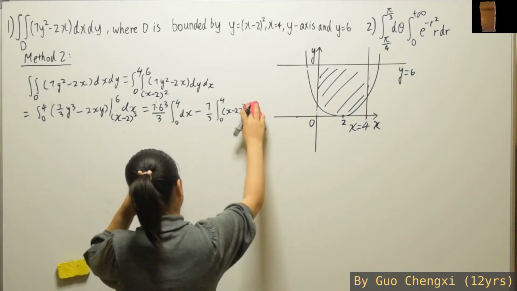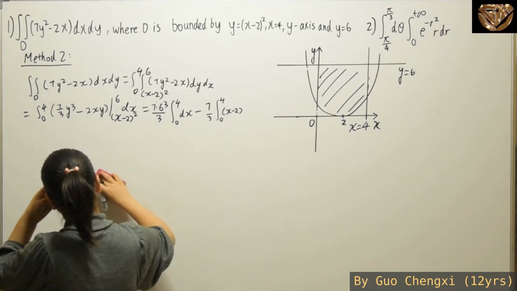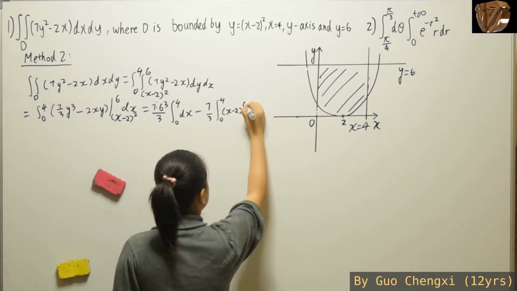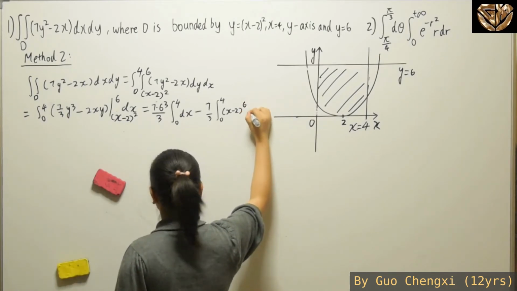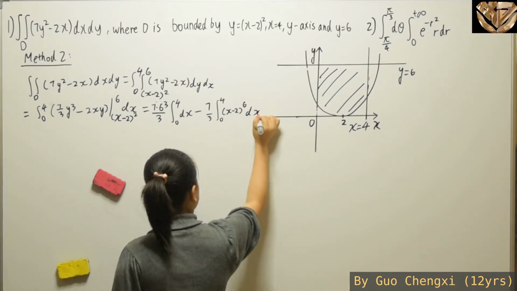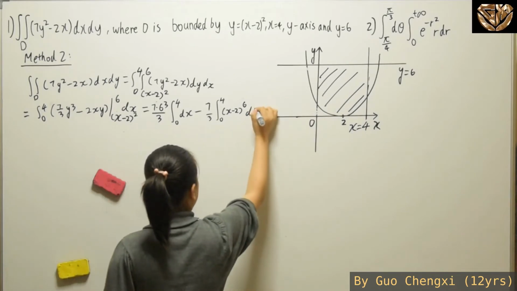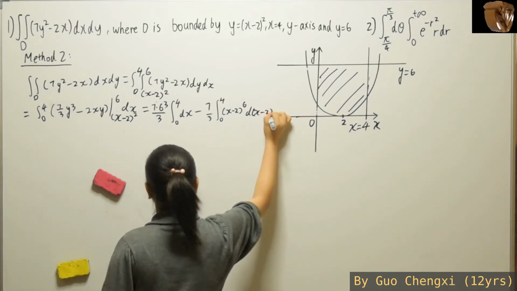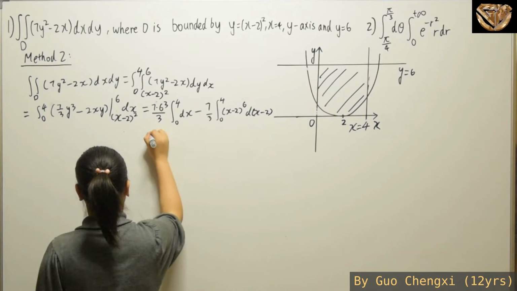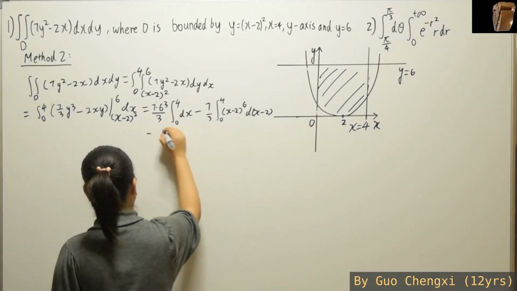Over here we have a square from the start, and we also have this cube, so you're going to end up with it to the power of 6 dx, and dx is basically d(x minus 2), and here you're going to minus